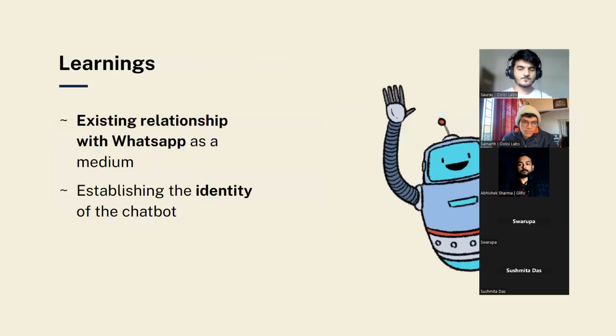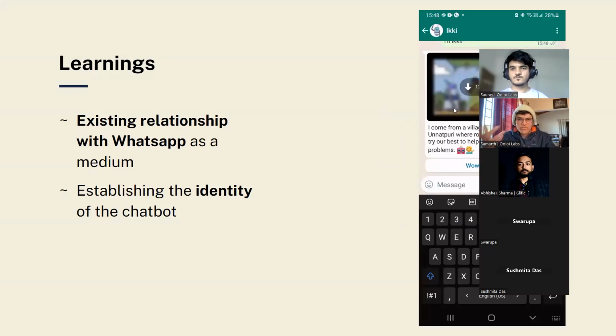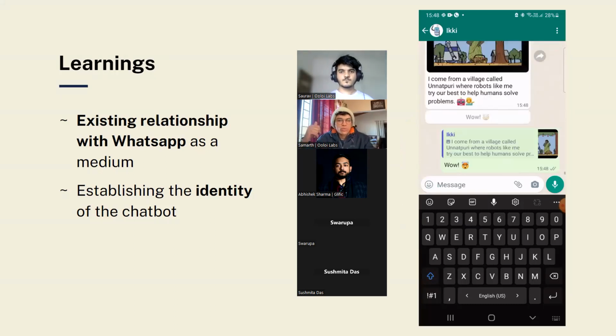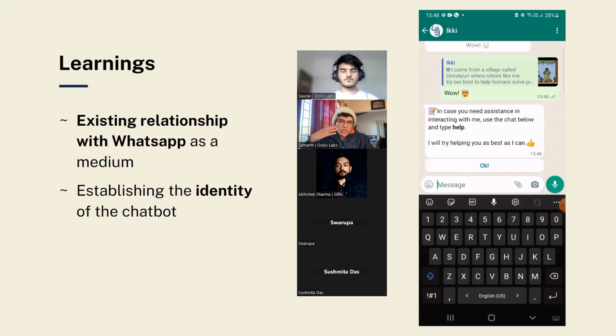So part of the learnings, I mean, we won't dive too deep, we'll just take you through a couple of the learnings that came out of this research. One was the emphasis that we had to put onto the existing relationship that these students had with WhatsApp. Not all the students had a phone, and mostly the boys had phones, unfortunately. Whoever did have phones were used to using WhatsApp as, as we said, a conversational interface. So for us to introduce this vague element of a bot, who you're supposed to interact with, who's supposed to give you information, was not something that settled all that well.